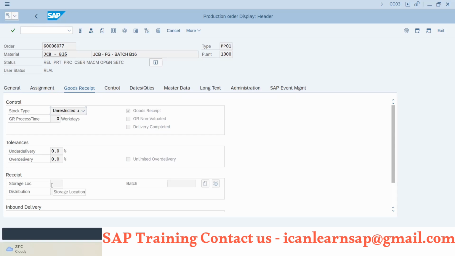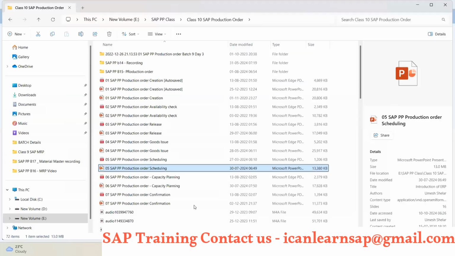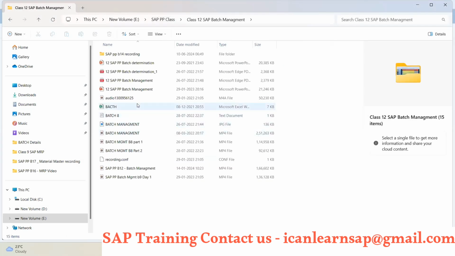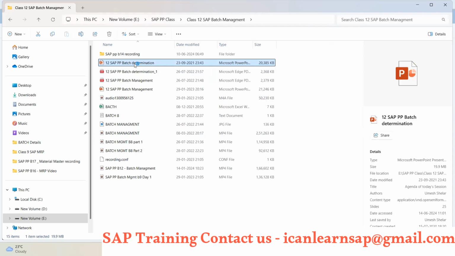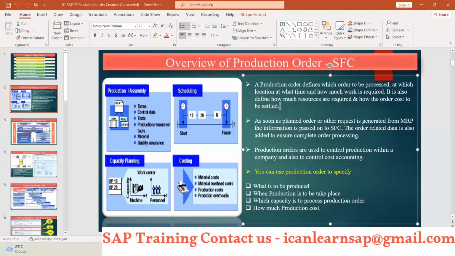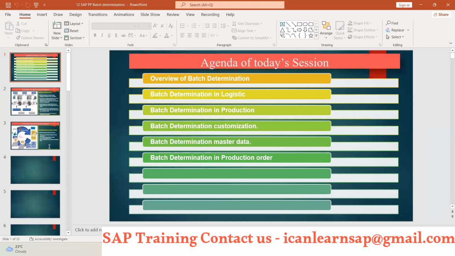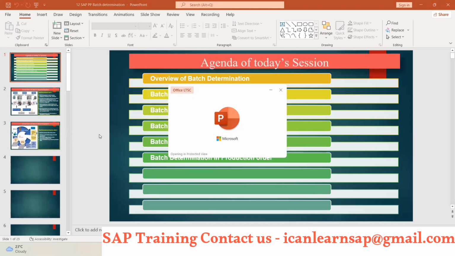Now receipt, where we have receipt distribution, then batch. Suppose this product is batch managed. This is not a batch managed product. When we learn the batch management topic, we are going to discuss how the batch is created automatically and all.